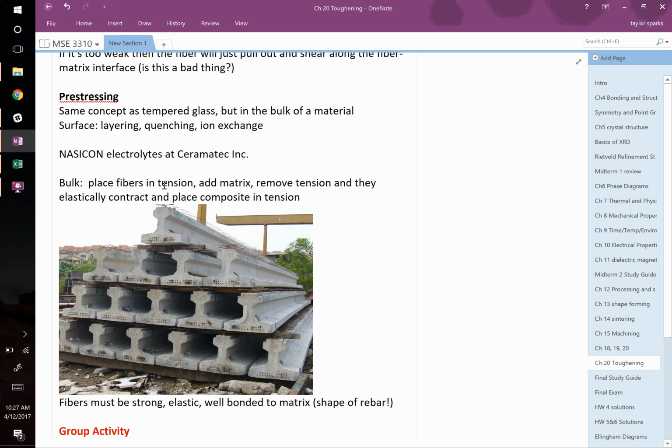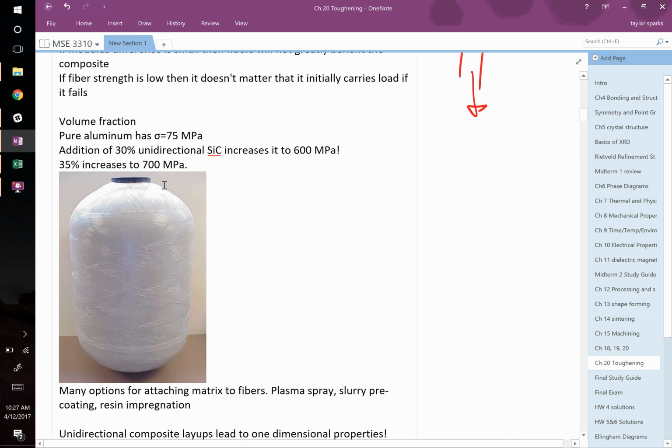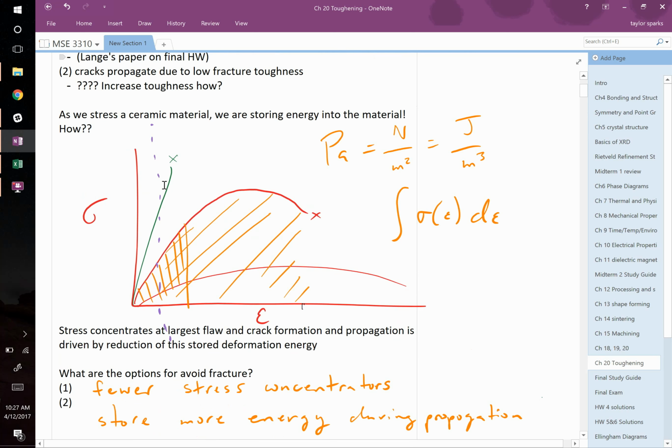You can apply a load to them, so now they're pre-stretched, right? Then you cast your cement, right? You let it set up, and then when it's set up, you release the load on those steel fibers, and they want to relax, right? Because they're in their elastic region up here, right? We've loaded them up to some level, they want to go back down, so they're going to shrink, right? And the amount they shrink will do what to the concrete, which is now,